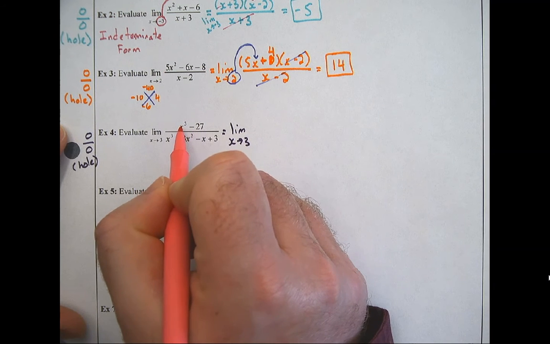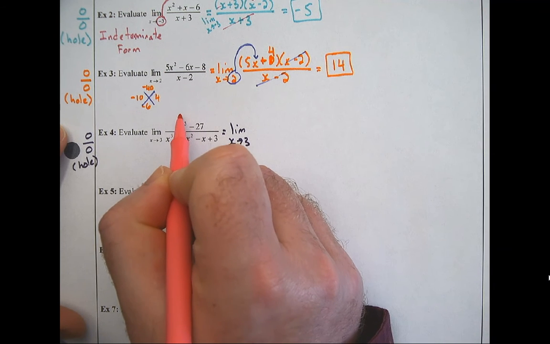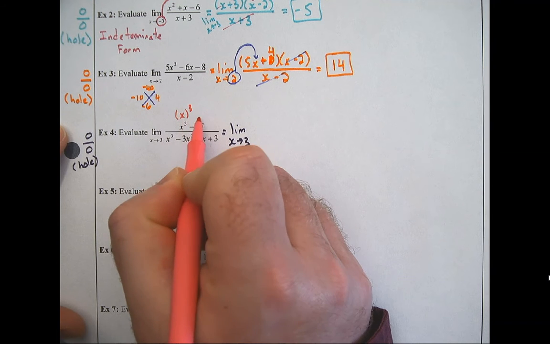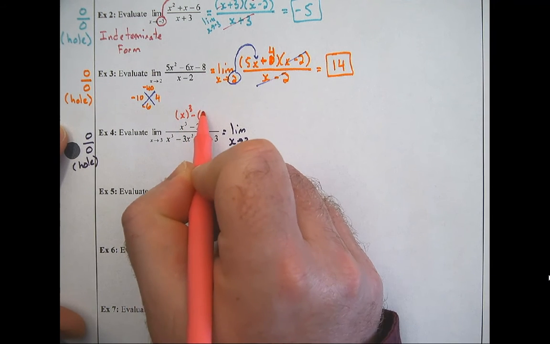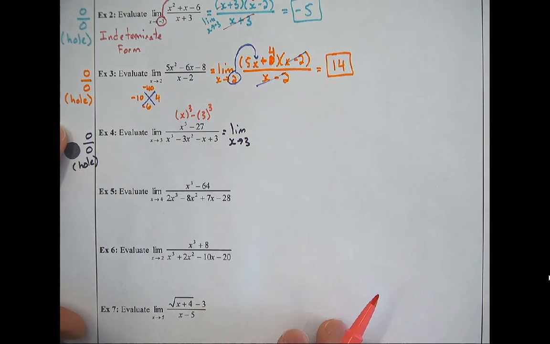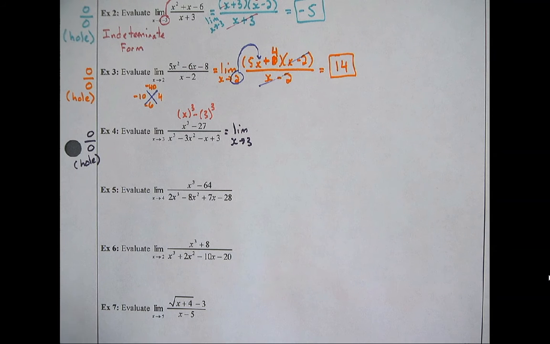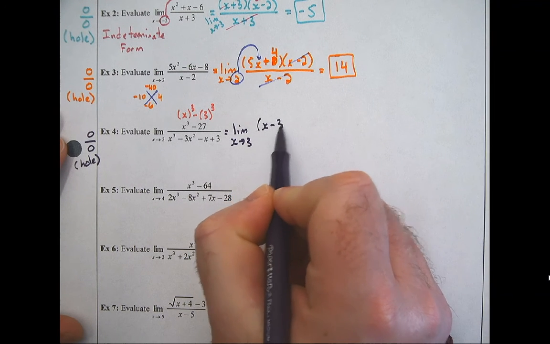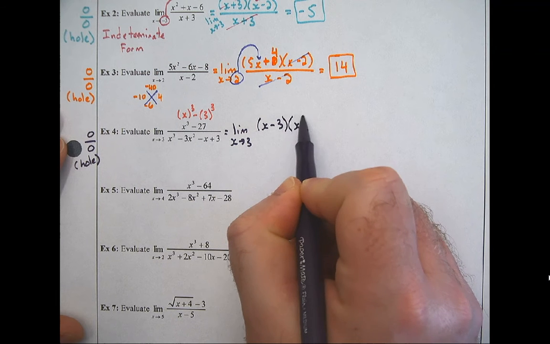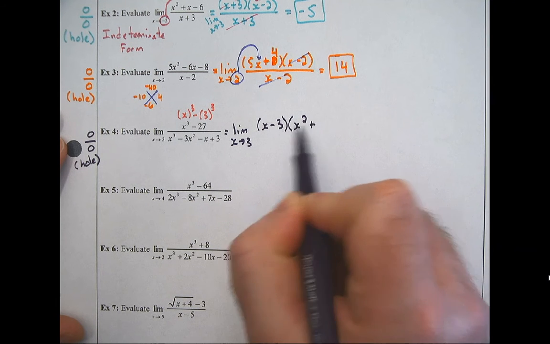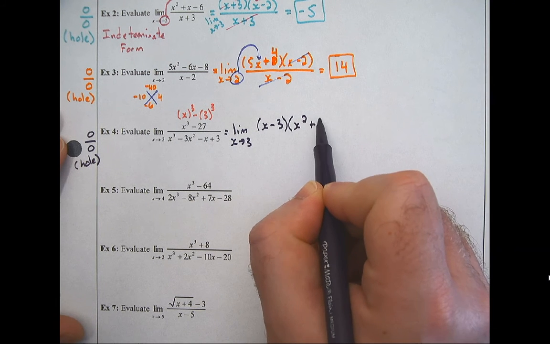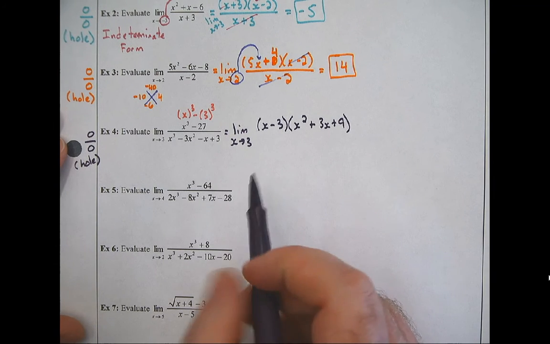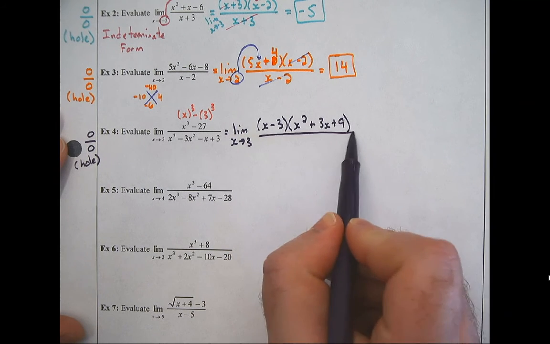So the first thing we have to figure out is who is getting cubed. So x is what's getting cubed, minus, and then 3 is what's getting cubed. You have to first figure out who is getting cubed in each scenario. And then it's a minus b times the quantity a squared. These always switch signs. You multiply these together. So that's 3x, and then you square the last one. So that's plus 9, over